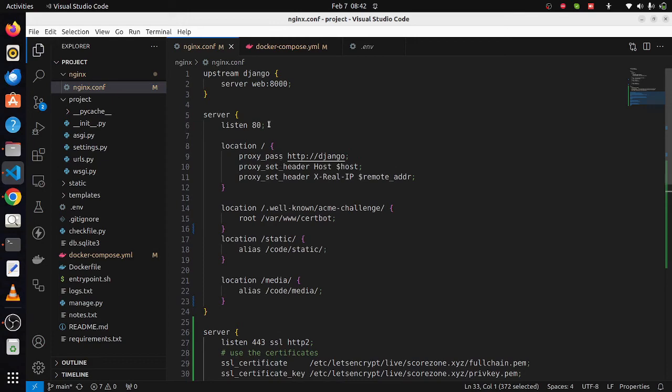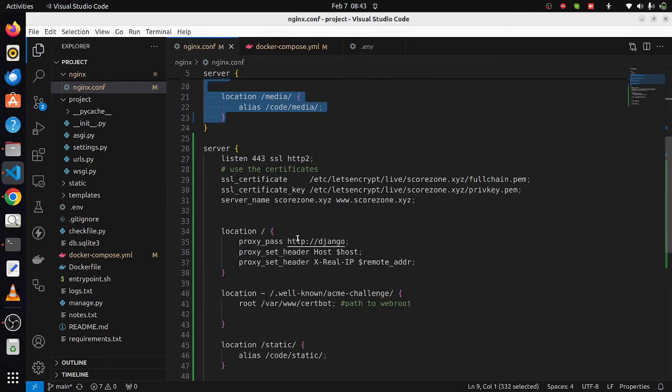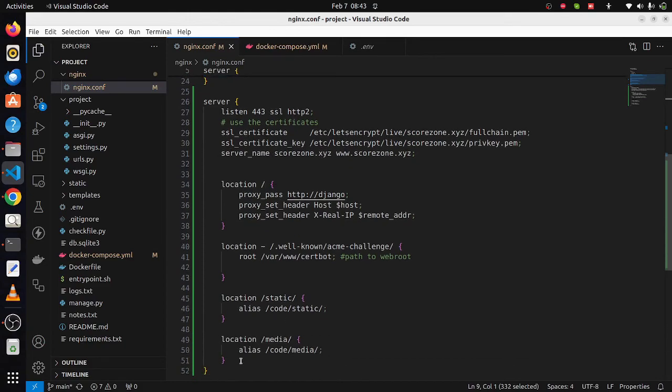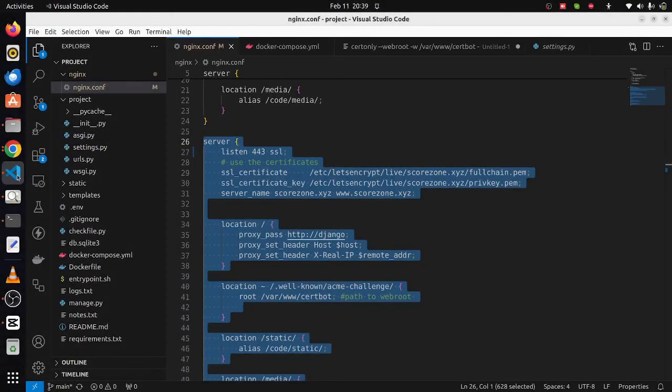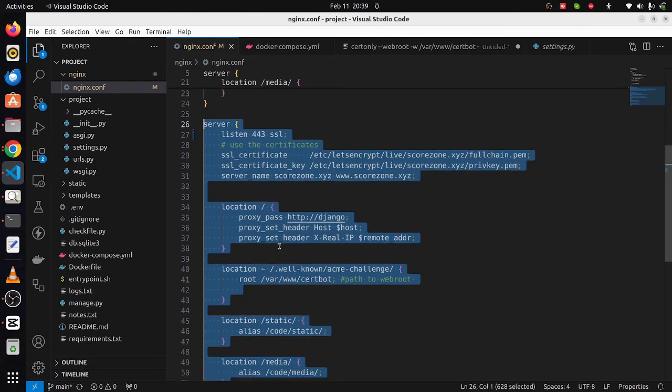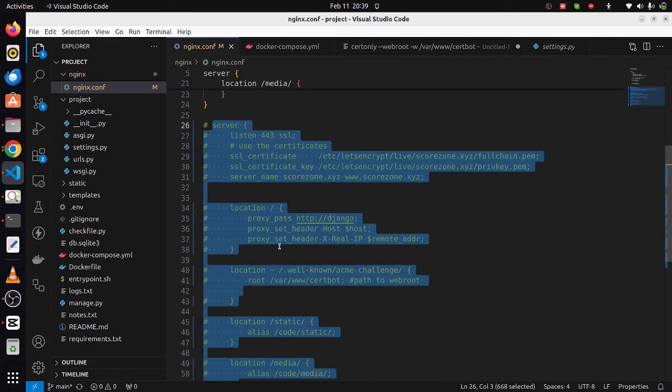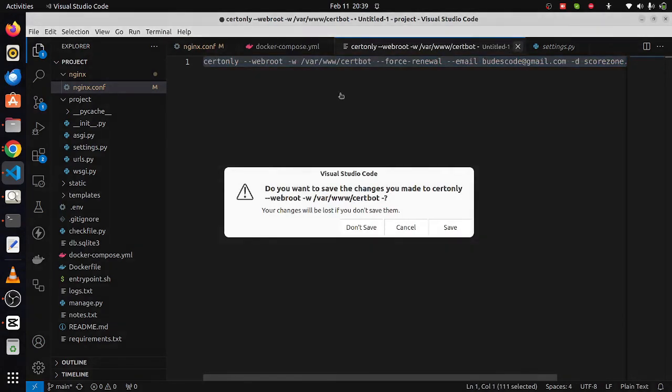All right, this is listening to just HTTP and it has to serve everything here, and this is listening to HTTPS as well. It has to serve everything here. So configuring an SSL certificate is a very tricky one and can really cause you headaches. So what we're going to do is comment this out first, and we're going to make sure the certificate